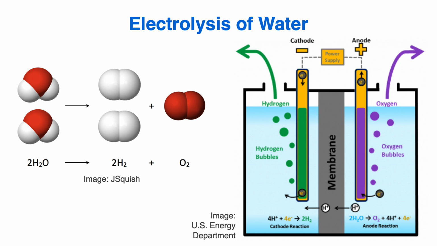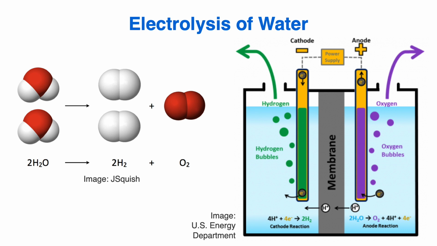through. When electrons flow down the negative terminal, they combine with hydrogen ions to form hydrogen molecules. Those hydrogen molecule bubbles can then be collected from the top as shown by the green arrow. On the other side of the membrane, water molecules break up into oxygen molecules, hydrogen ions, and electrons. Electrons are attracted to the positive terminal, while hydrogen ions pass through the membrane to the other side. Oxygen molecules are then free to rise as bubbles to the surface and can be collected as shown by the